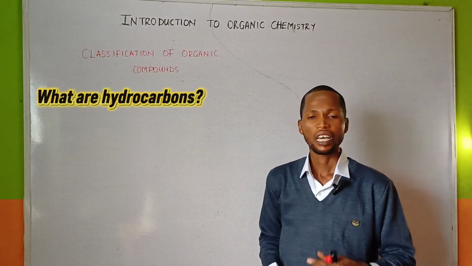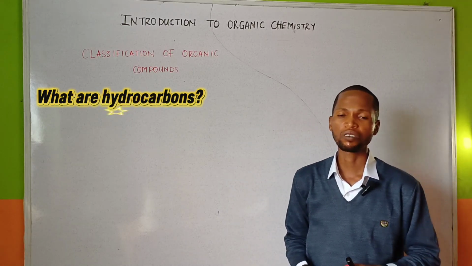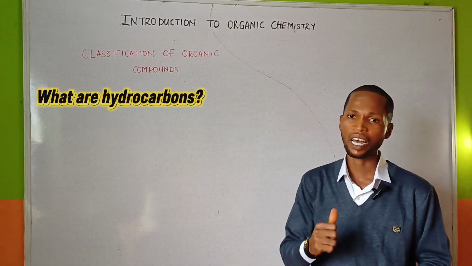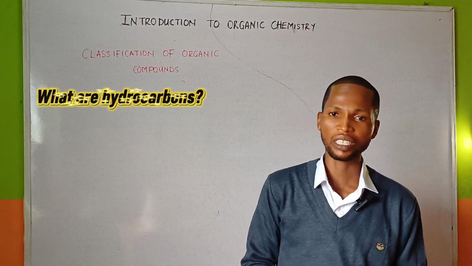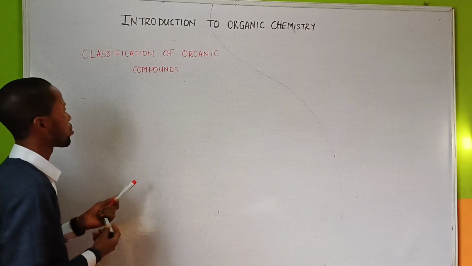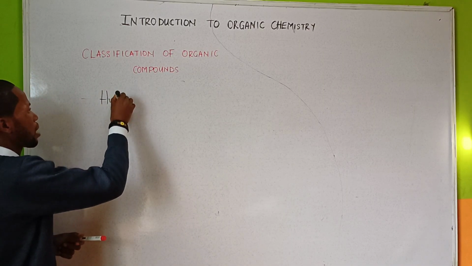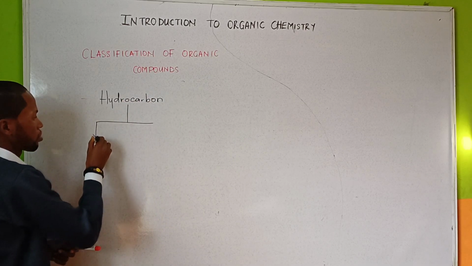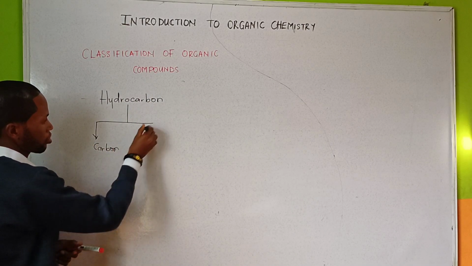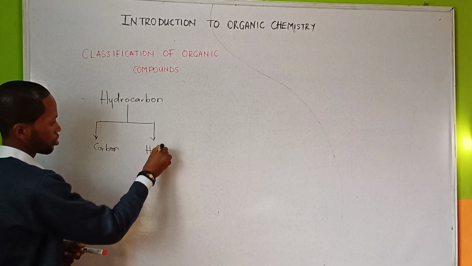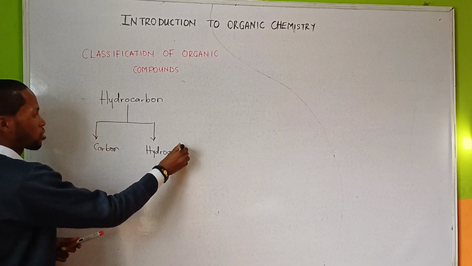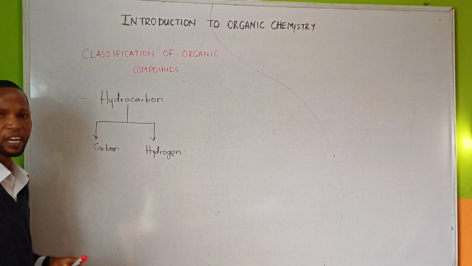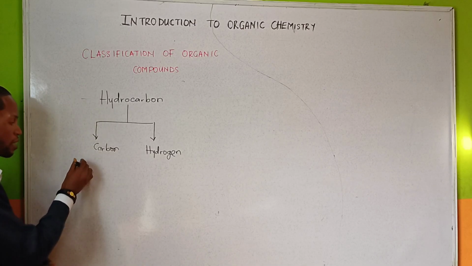What are hydrocarbons? Hydrocarbons are the class of organic compounds that contain carbon and hydrogen atoms only, that is, carbon and hydrogen atoms as their constituent elements. Every hydrocarbon contains carbon and hydrogen as their constituent elements. So the hydrocarbon can be classified further into the aliphatic hydrocarbon,